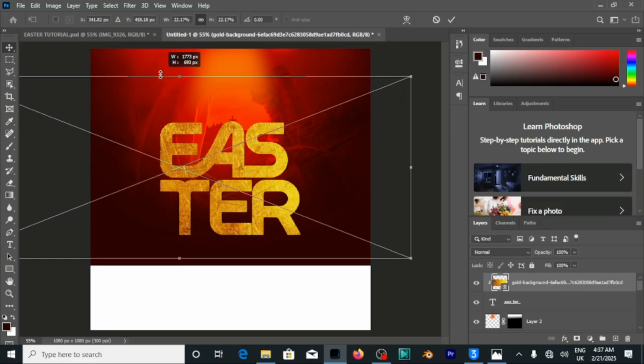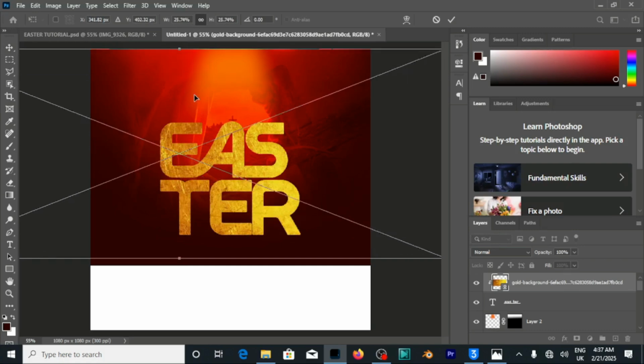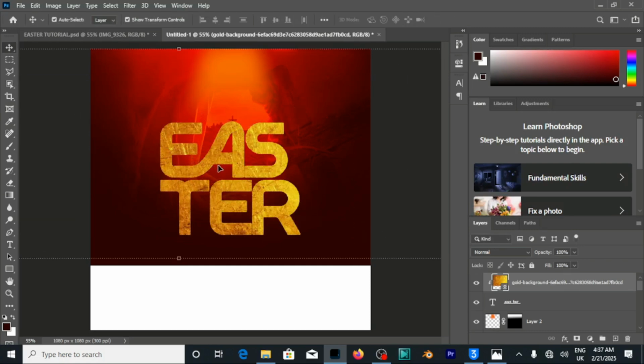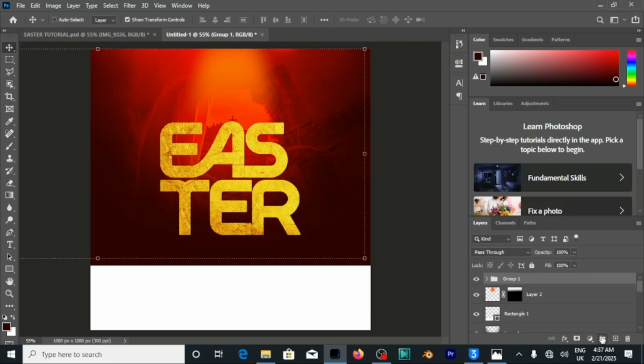And now let's scale it up and then move it to this particular area to brighten up the image of the text. And now let's click and select the text and the new layer that we just added, and click on the group icon to group it in one document. And now let's pick our text tool and type in our convention,